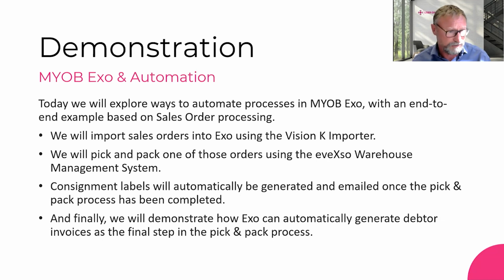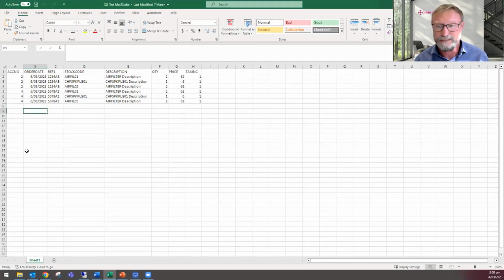So the first thing I'm going to do is take a quick look at the file that we're importing. So I'm just going to minimize this and bring up this little slide here. Hopefully you can all see that. So today we're going to be working off an Excel file, and we're going to be importing what we've got here as 2 orders